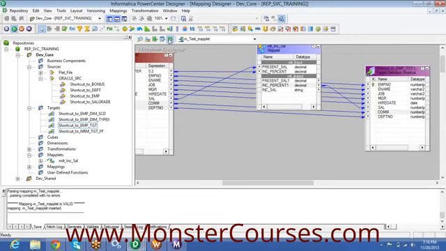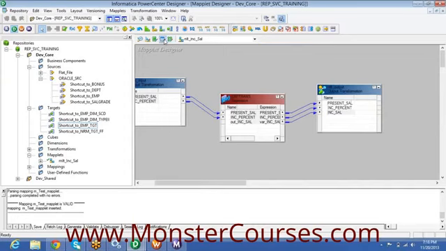We don't have any active transformations. Expression is a passive transformation, correct? If you are using any active transformation within a mapplet, then that mapplet is an active mapplet.